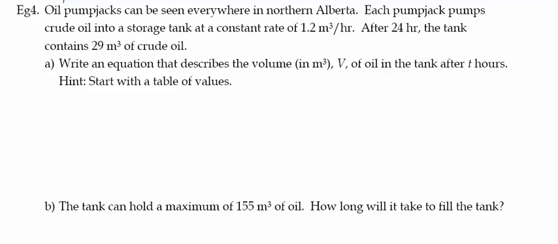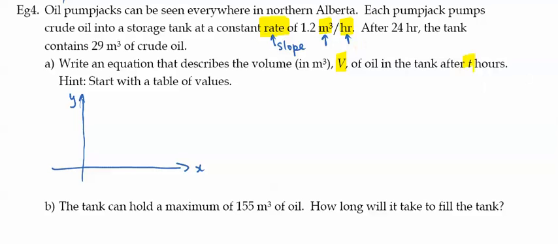Now, I hope you remember what we've talked about in the last few classes. When it comes to word problems, the word "rate" here actually means the slope that you are dealing with. The rate of change between the volume and the time is 1.2. So if you want to come up with a graph with x and y, if they are talking about the change, the rate of change between volume and time, these will be the x and y variable,